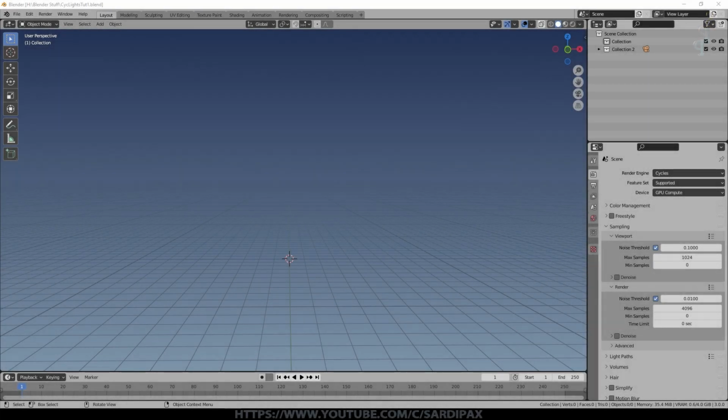Hi there. In this tutorial I thought I'd revisit lights as they apply to the Cycles render engine. So there's obviously a lot of difference between Cycles and Eevee, and Eevee is the render engine of choice if you're going to do animation and things like that, simply because it's a simplified render engine and can therefore often give you faster render times, and render times are critical when you've got to render a lot of frames. That said, Cycles is perfectly suitable for animation as well.